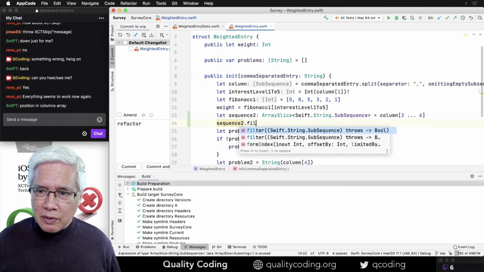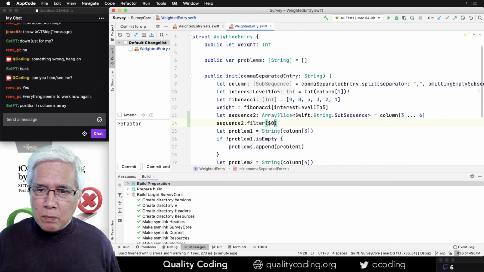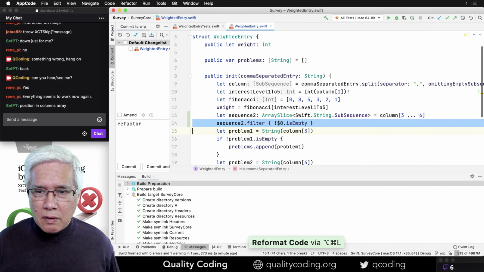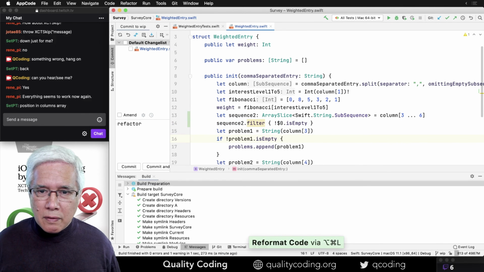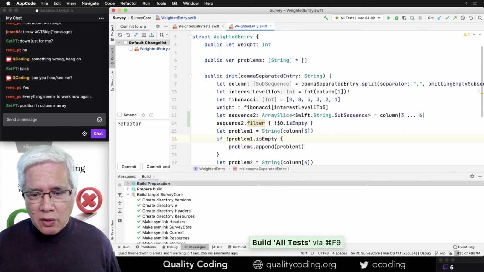What's different between these? I'm not sure. Is included. Okay, so this is going to be not empty. That seems to be okay also.